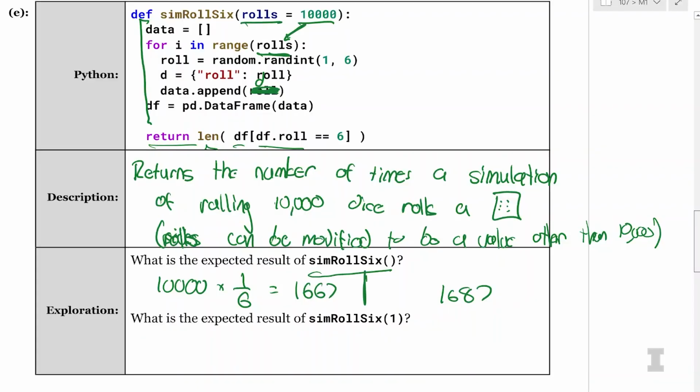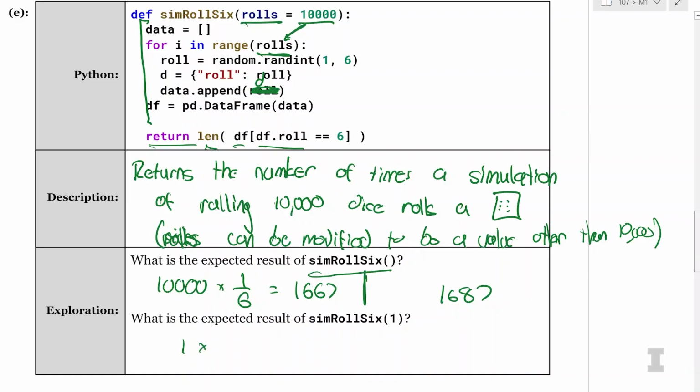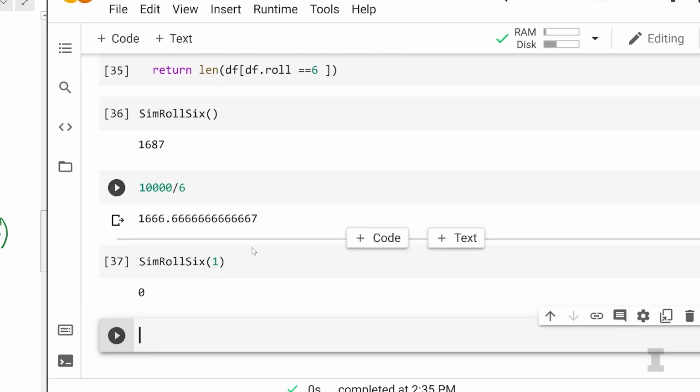So what's the expected result of sim roll die 1? So first, thinking just about the statistics of this. If I roll 1 die, what's the expected result of getting a 6? It's still only 1/6 probability, right? So you're expected not to get it. It's closer to 0 than it is to 1. Yeah, the rounded expected value is 0. I'm going to get 0 more often than I get 1. So if I do sim roll die of 1, this should modify this function to only roll a single die instead of rolling 10,000 dice. And I got 0.